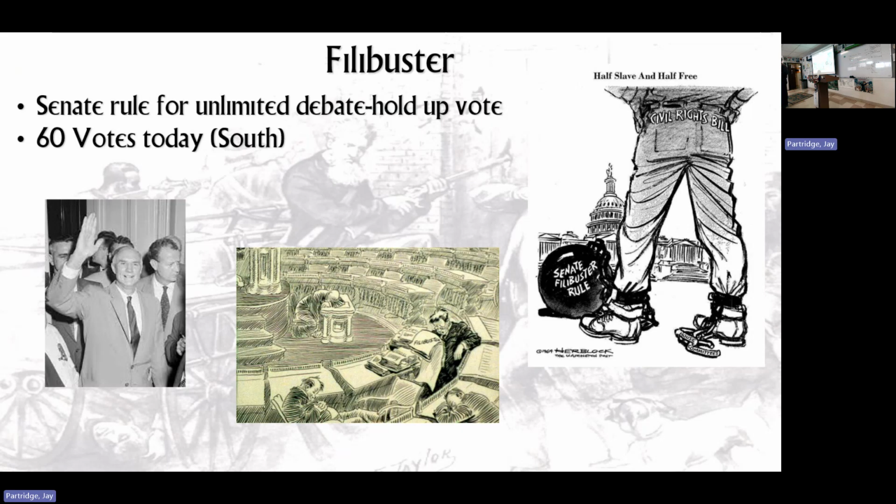And if they don't get 60 votes, the debate does not end and the bill is destroyed. It ends. They won't get a vote. And so it requires a supermajority to get almost any bill passed in the United States Senate. Now, it didn't happen very much until Bill Clinton was president and Republicans started using it to great effect. Democrats did a little bit for George W. Bush, and then the Republicans filibustered every single bill while there was President Obama.